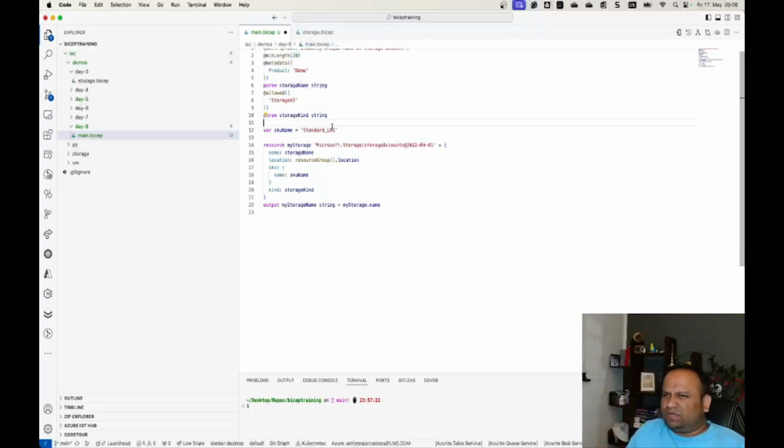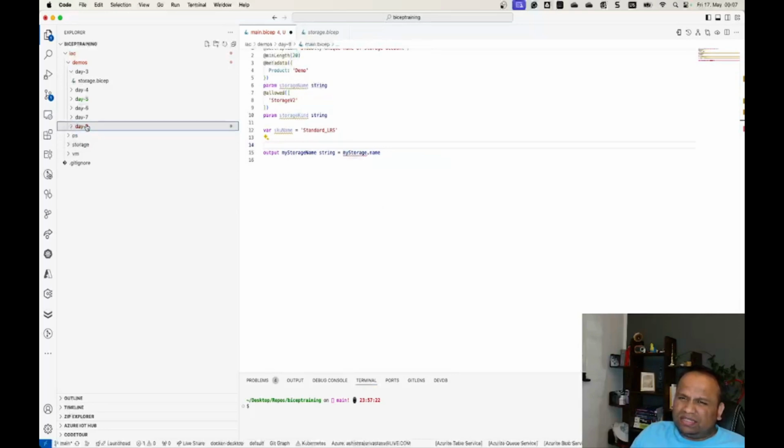So again, we can define it as a variable here, but we want to define this entire storage account configuration as a reusable module. That's what we call a module. And anyone who wants to deploy a storage account should be able to do so without thinking about what the underlying configurations are. So again, let me first take this out, Control C,